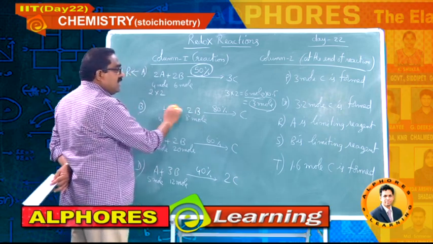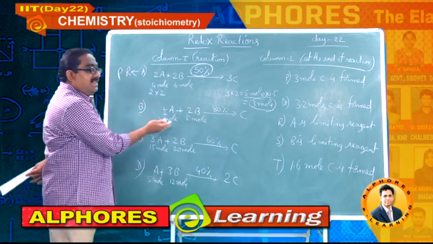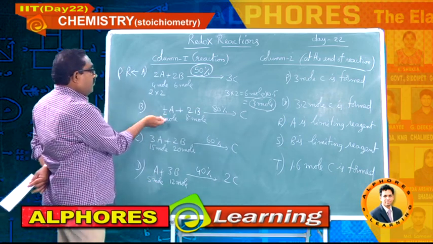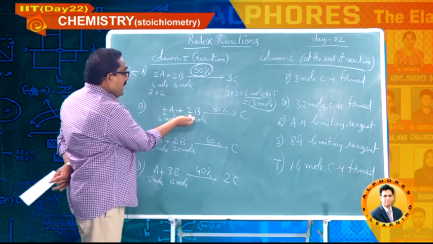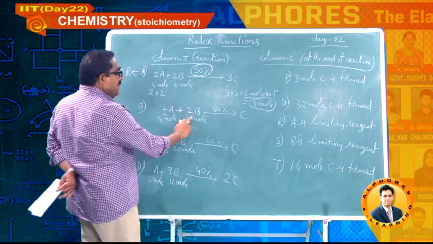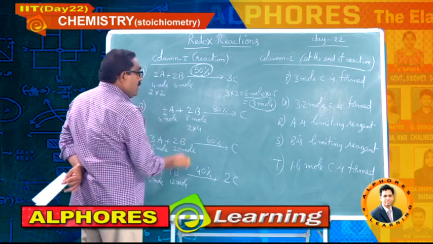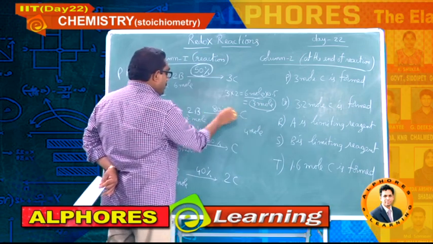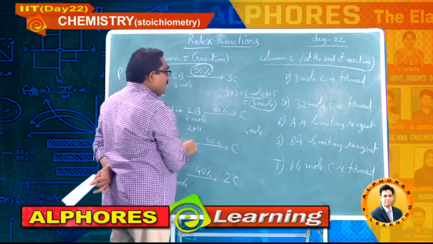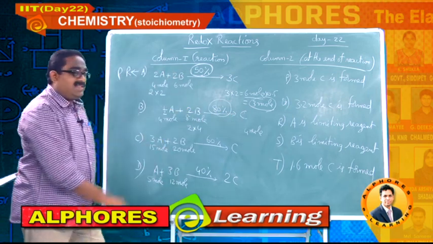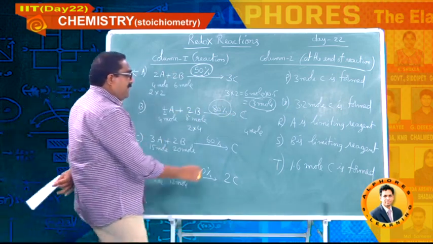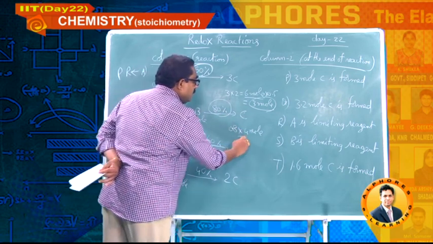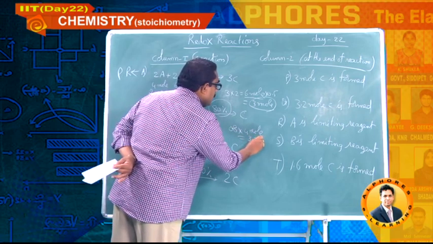Come to second one. Half mole, 2 moles is the stoichiometry. Now, let me divide given moles by stoichiometry moles and let me find out the limiting reagent. 4 by 1 by 2, 8. 8 by 2, 4. So, this is the limiting reagent. So, make it as 2 into 4. So, you should get this as 4, because 2:1 molar ratio. So, 4 moles you should get, but percentage yield is 80%.